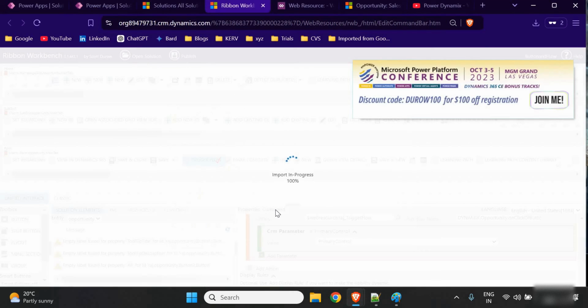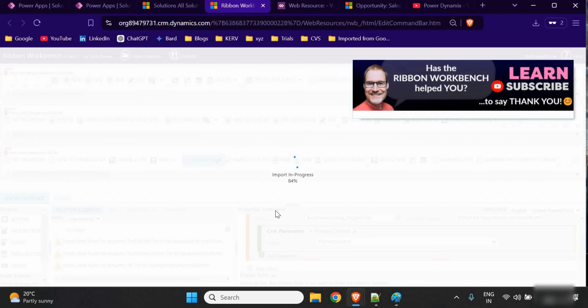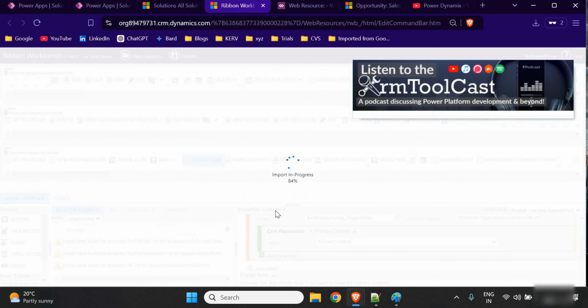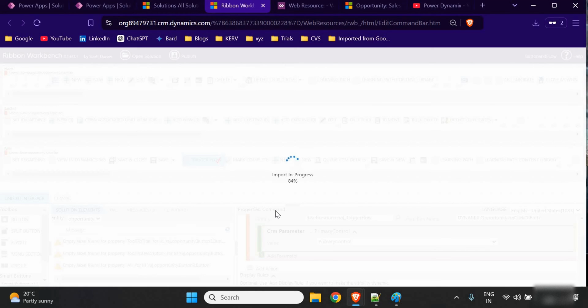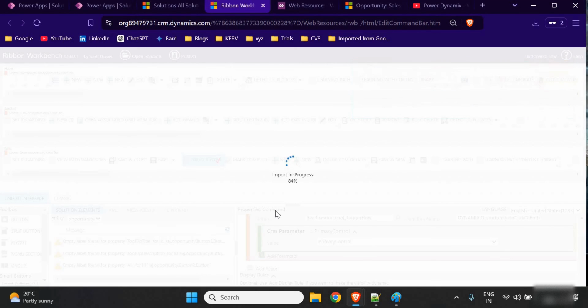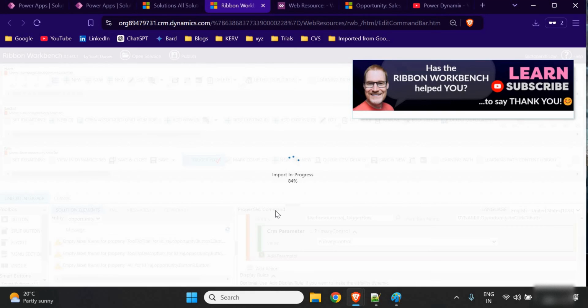Let's see, it is still publishing. So let me give you a scenario summary. We created an empty solution, added the solution in the Ribbon Workbench, then created a button, and then attached the command. Then we need to create a Power Automate flow, with the trigger being an HTTP request whenever it is received, and then the action you want to do based on that trigger. So I added a new row to create a new opportunity record, and then copied that Power Automate URL. The last part was adding the JavaScript file. So just create a JavaScript file